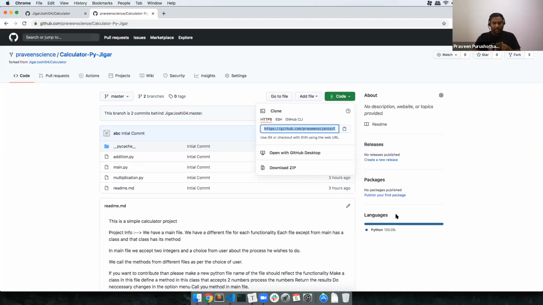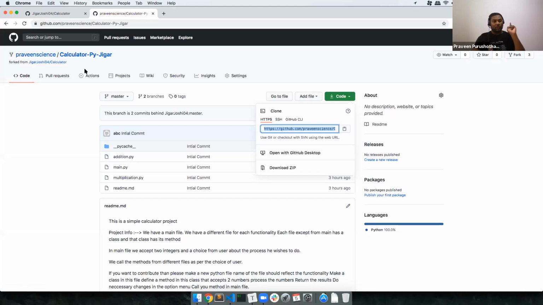In case you're not getting the clone, you need to make sure you have Git installed on your computer and that it is recognized by VS Code. Quickly Google for it. There are a lot of ways to fix it, it's a common problem. So don't worry, you're not alone.